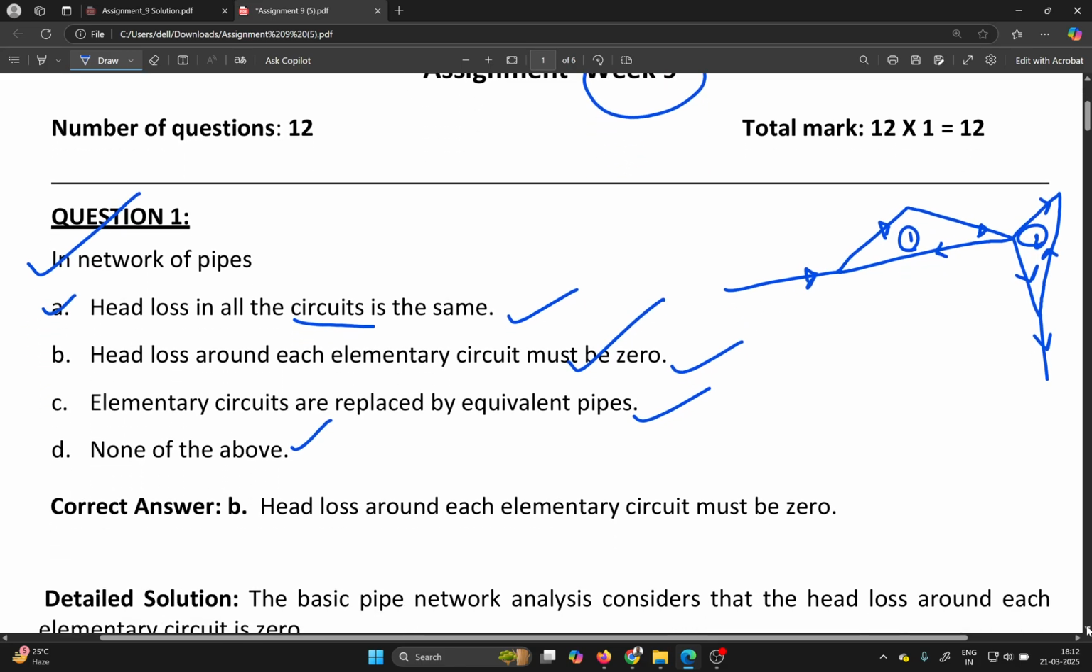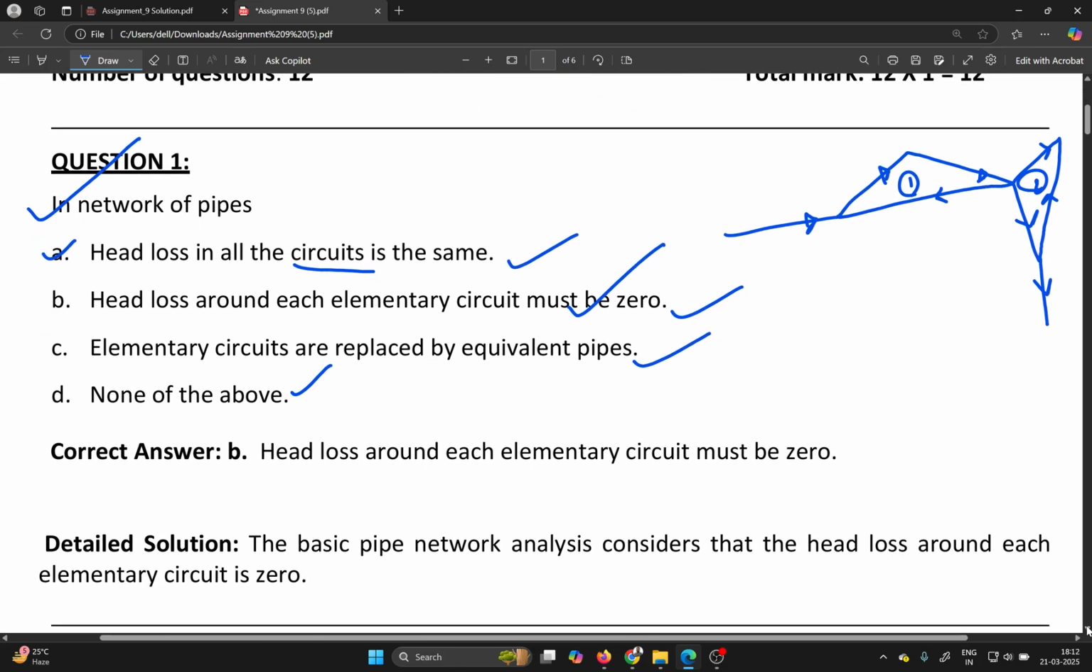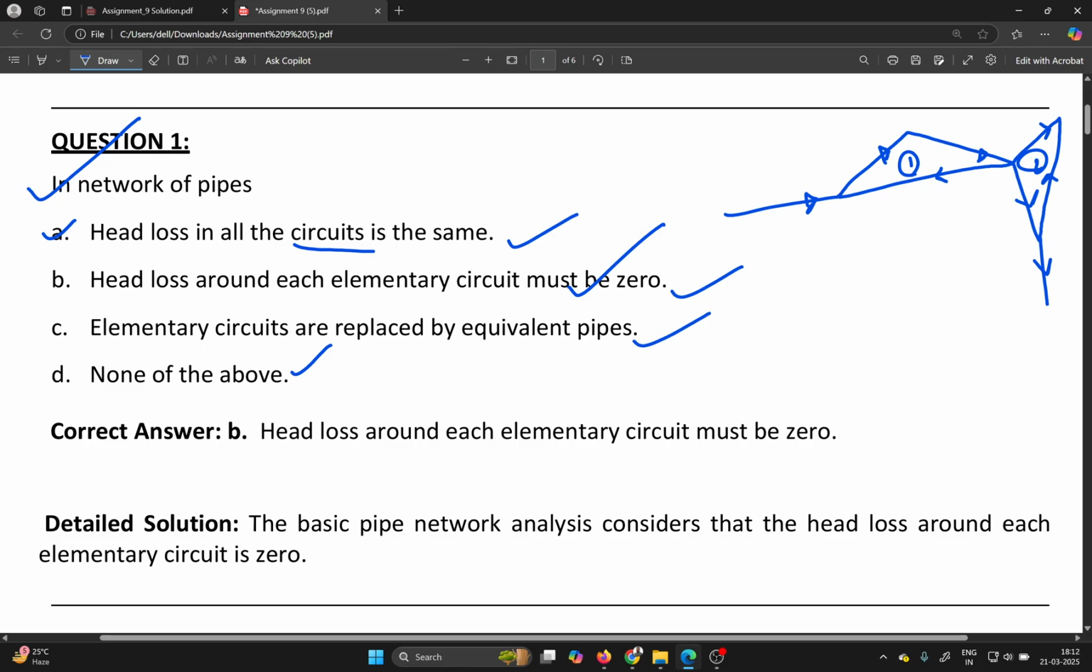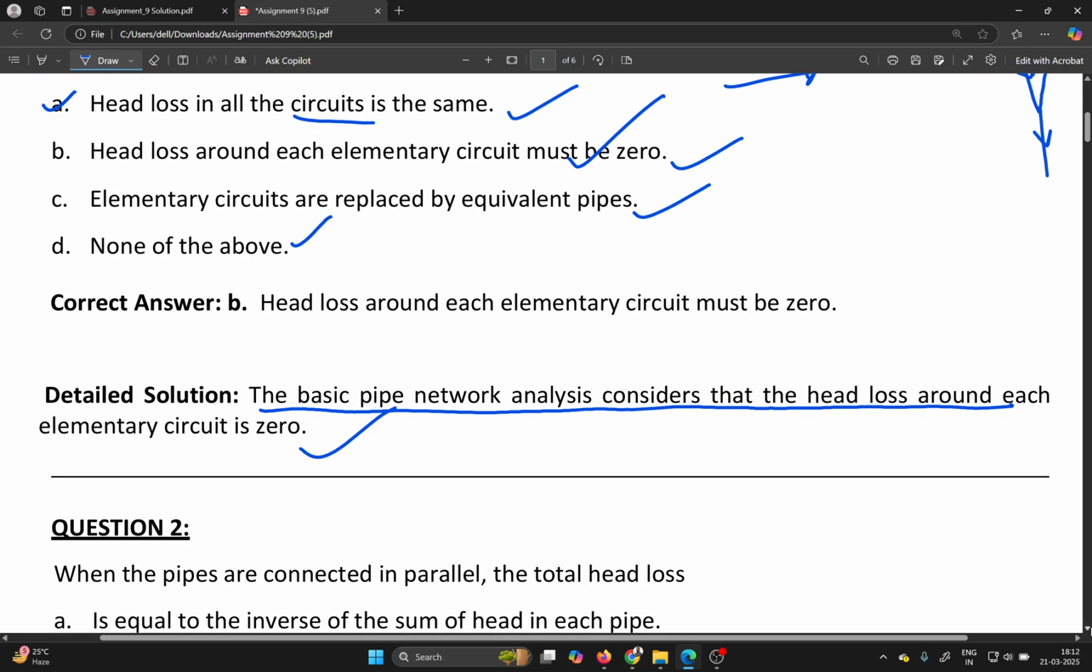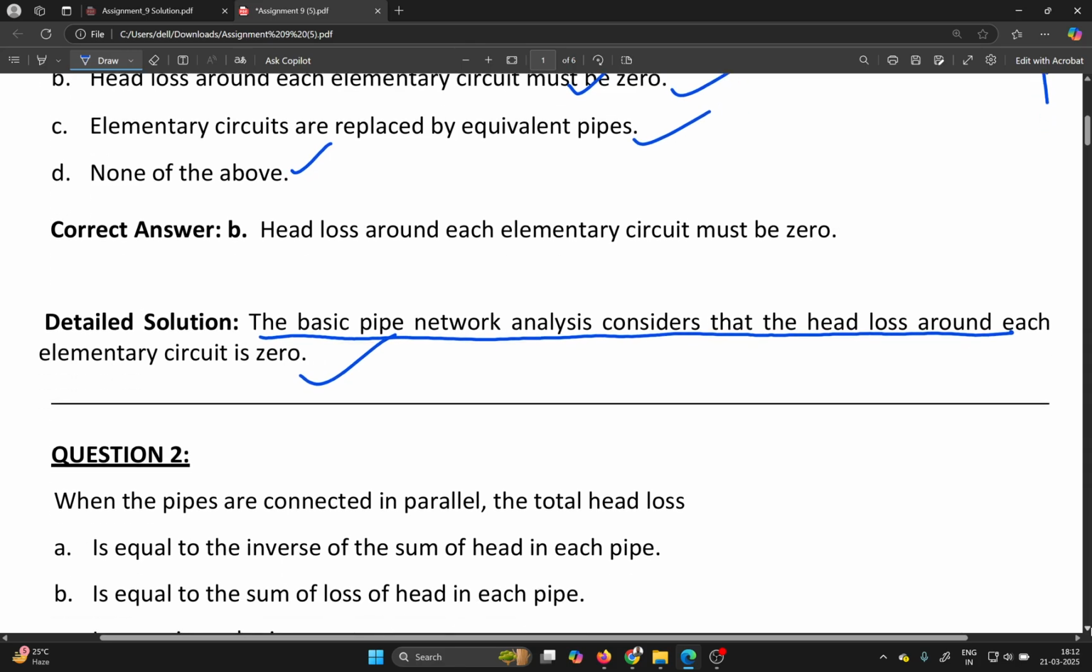Next question is, here you can see the detailed description. The basic pipe network analysis considers that the head loss around each elementary circuit zero. Just option written here. Okay. Now we'll move on the next question. Next question is,